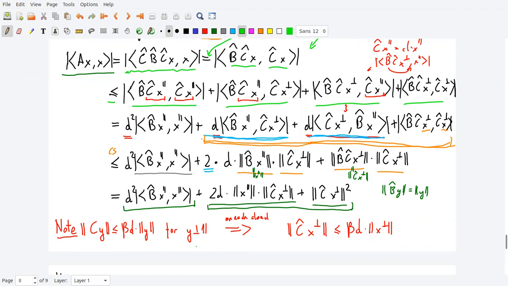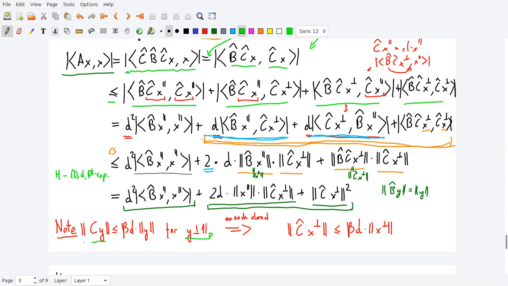If you think about this matrix C, we know that the graph H, whose adjacency matrix is C, is a d beta expander. This means that if I take any vector that is orthogonal to the d-dimensional all ones vector,